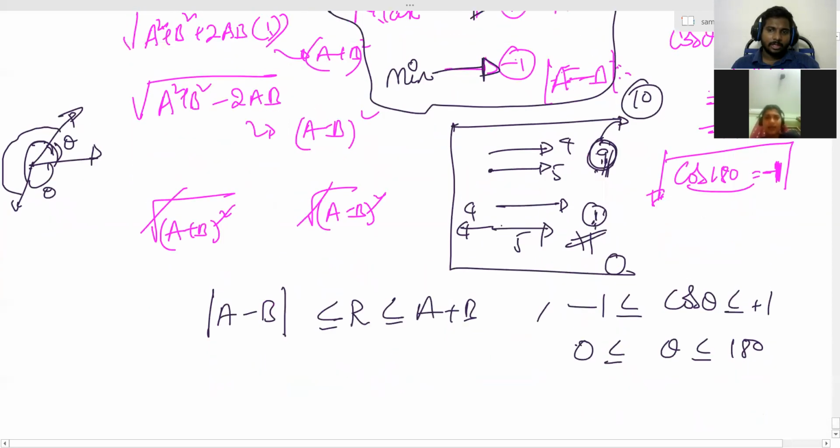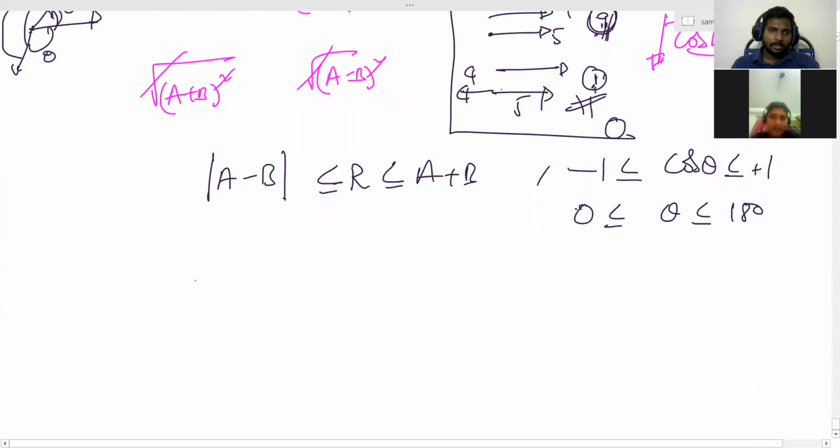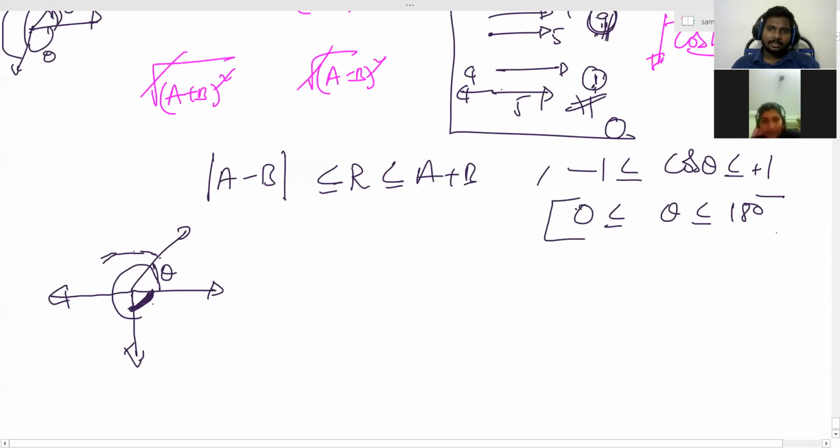Okay, let me just note it down, sir. You carefully observe. This is theta. I told you, the smaller angle between them. When you are increasing this angle, suppose this is 180, right? If we increase more than 180, like this, it is more than 180, right? But at that time, what will we take? We will take this angle, which is the smaller angle. So this is again less than 180. So that's why the angle will be less than 180, greater than 0, between vectors, I'm talking about.